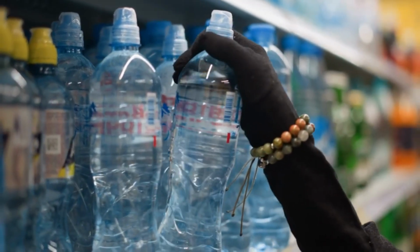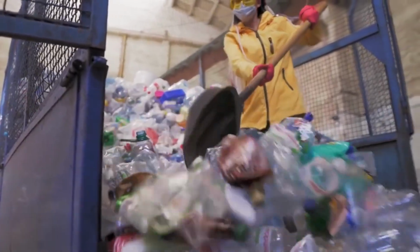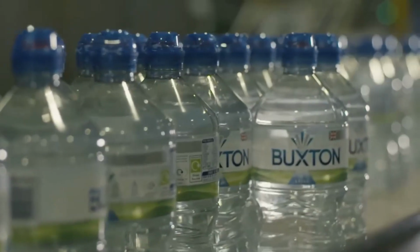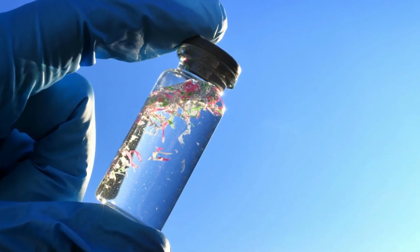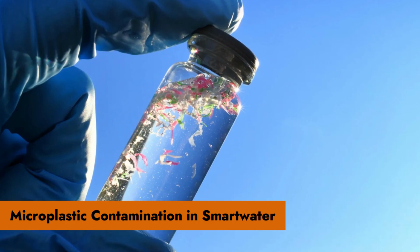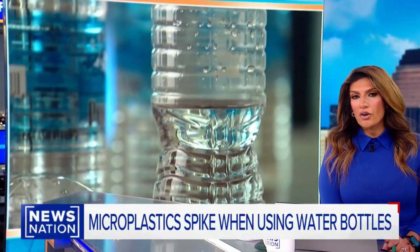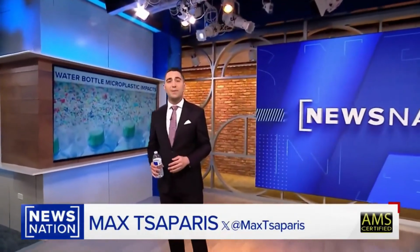Before you start gulping down Smartwater, you should ask yourself whether this water is as safe as it's advertised. Electrolytes don't add any nutrients to Smartwater, but it might just have microplastics every time you take a sip. Microplastic contamination in Smartwater. When scientists test bottled water, including major global brands, they consistently find tiny plastic particles called